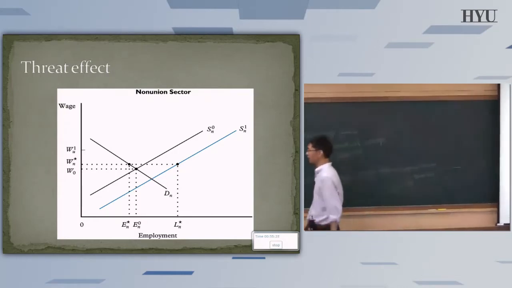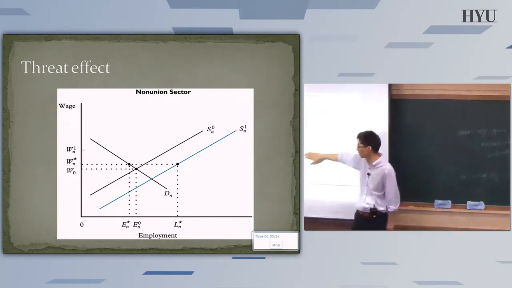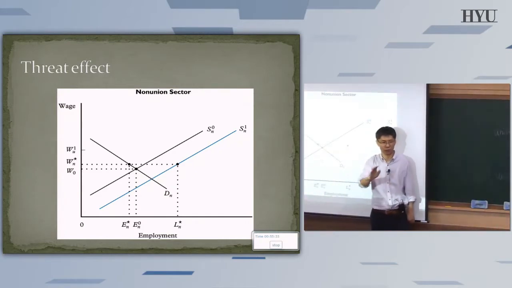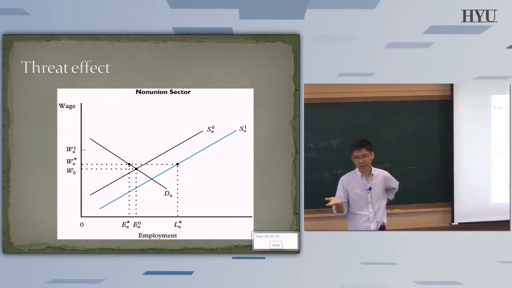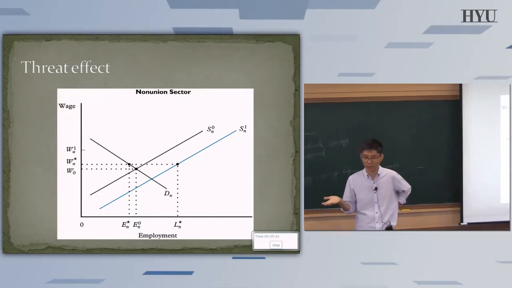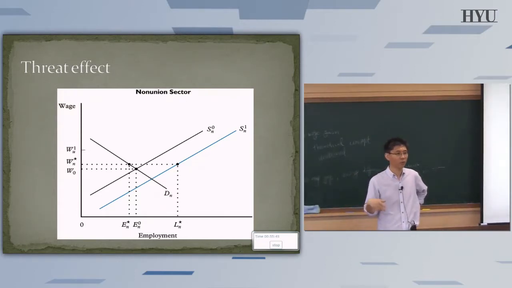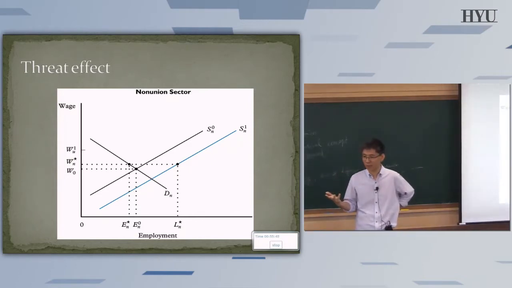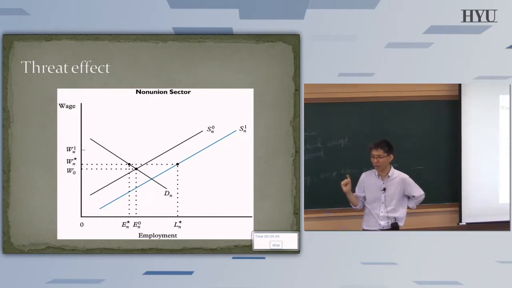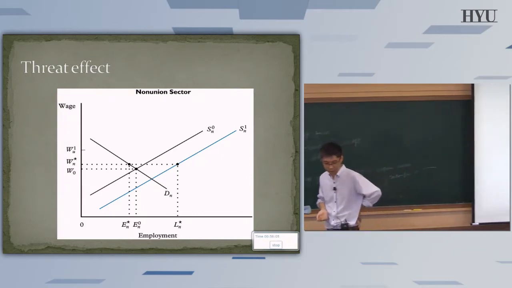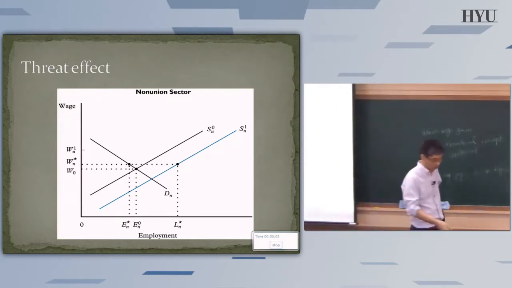Now, the threat effect basically tells us that the non-union wage is actually higher than the pre-union wage. If I go back to the previous example, that was 5%. But if there is a threat effect, the actual wage increase would not be 5%. Their gain would probably be 7%. So Samsung Electronics is paying their employees more than the market wage to prevent them from being organized. That's another possibility. So, in summary,